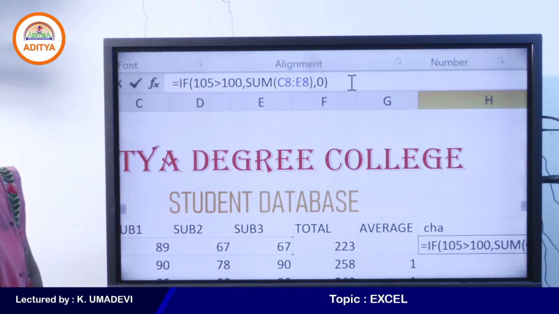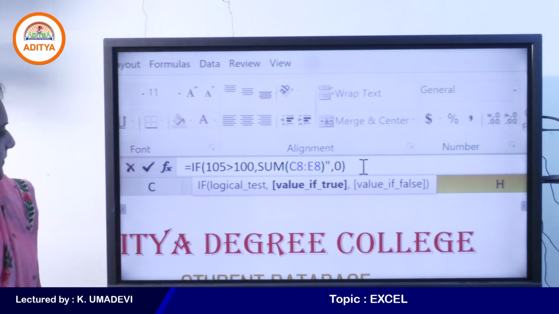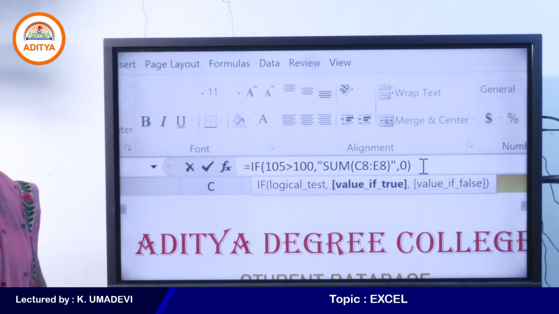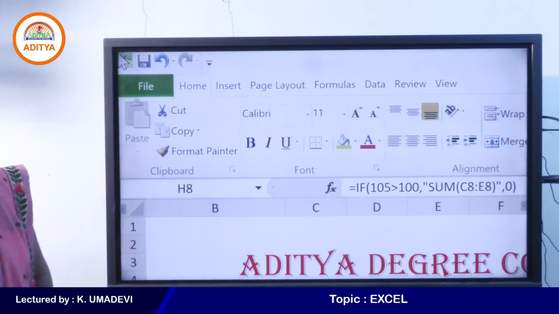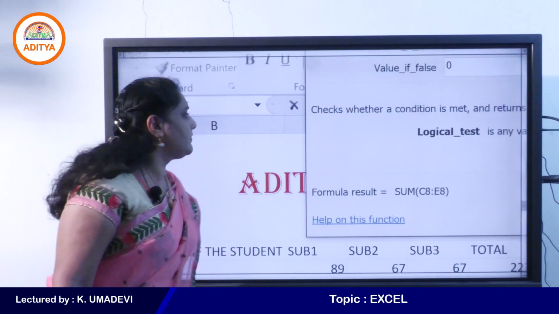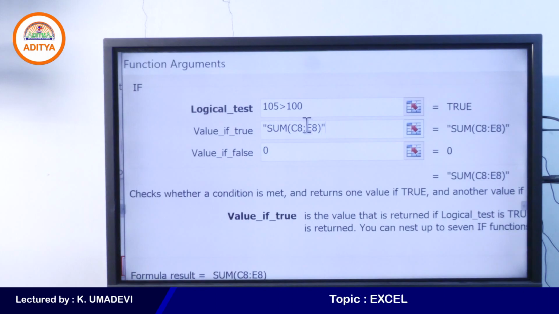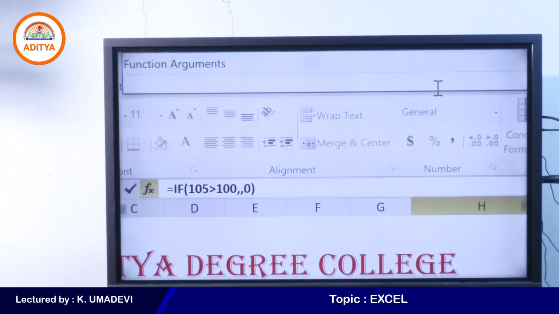One second, students. For example, see here, or else you can enter it. One second, students. So if you want to enter the formula, again I will show you.